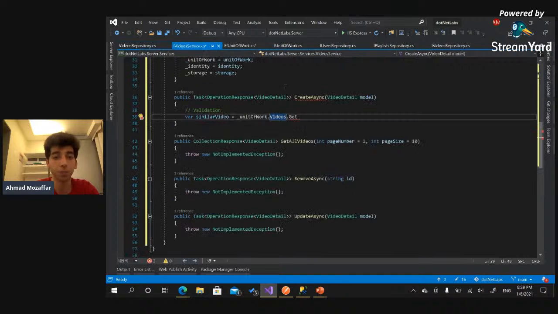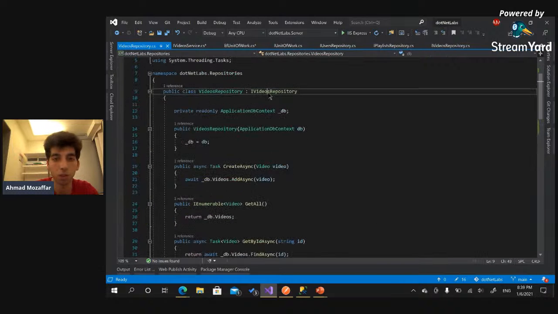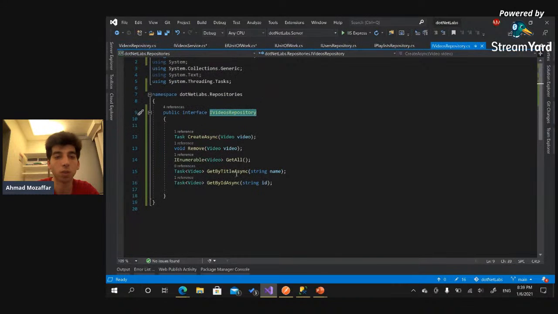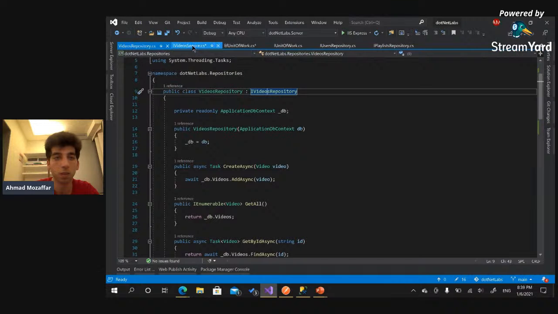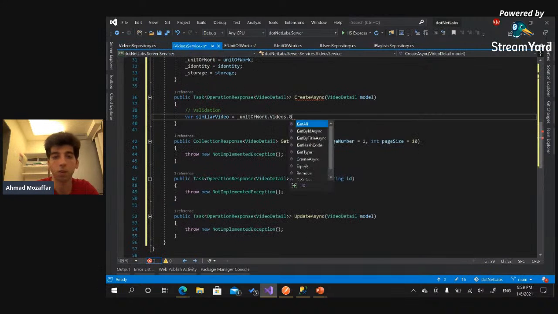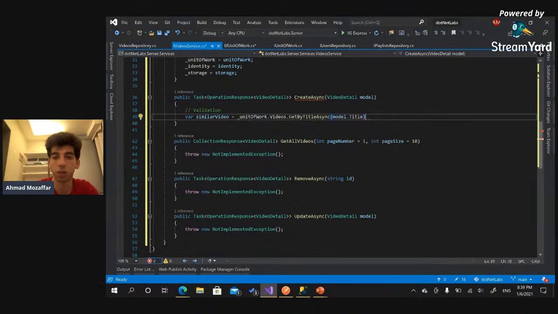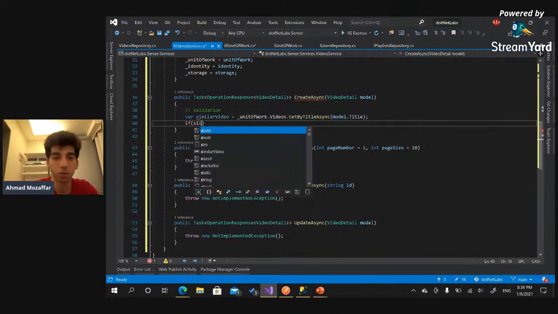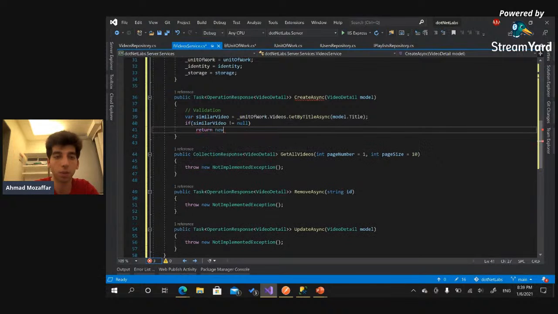So this is great. Now, if I go to this one, I have this nice function existing here called GetBy... Sorry for that. Let's go to this repository over here. Go to definition. Okay. GetByTitle, and let's pass model title to this one. I'll type if similar video not equals to null, then I'm going to return a new